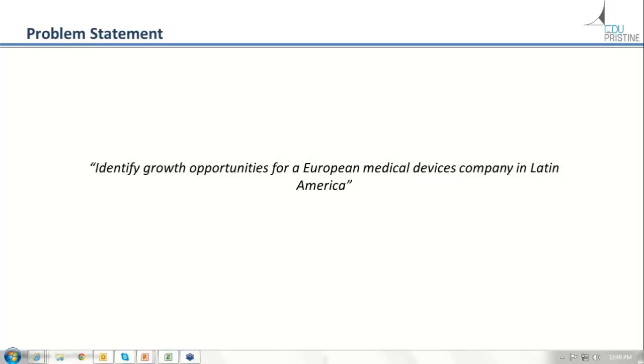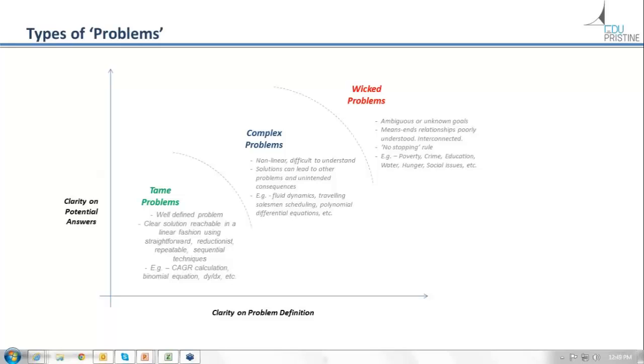One way to bound this problem is, hey, let's focus on our current medical devices. Another way to bound it is, hey, let's focus on our current set of customers, or let's not get into new customer segments. Those are both valid choices, right? So what you're doing is you're trying to apply logical boundaries and trying to make them tame problems. But that does not mean that's the only answer to that problem.